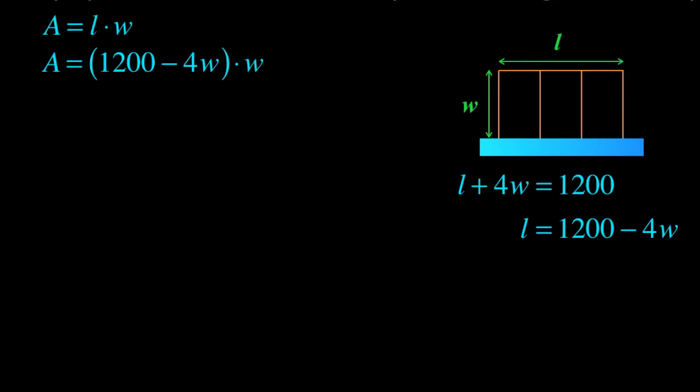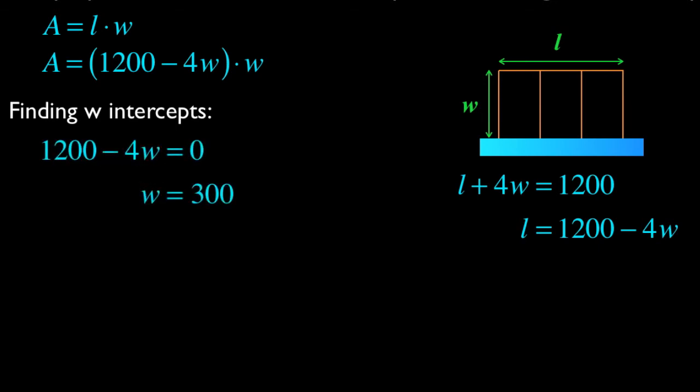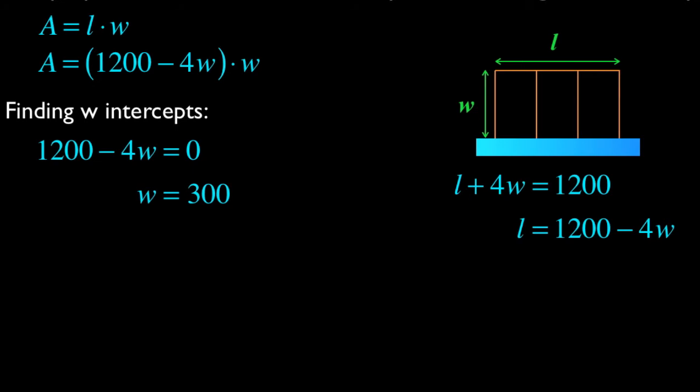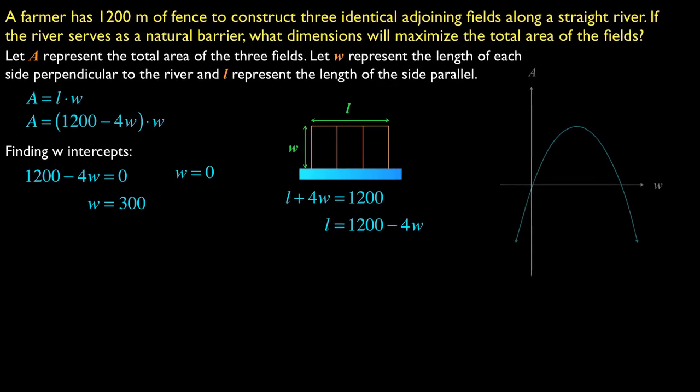Once again, we're in the same situation that we were before. We're trying to find W-intercepts on our graph. And once again, we're already in factored form. This is really easy at this point. 1,200 subtract 4W equals 0. That leads to W equaling 300. As well, W is equal to 0. Graphically, we get something that looks like this, an A versus W graph, and our x-intercepts would be 0, 0,